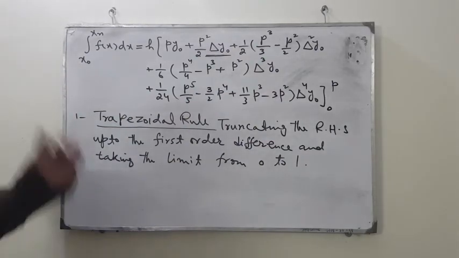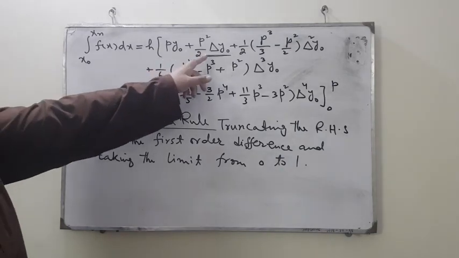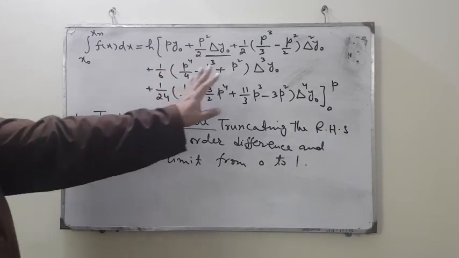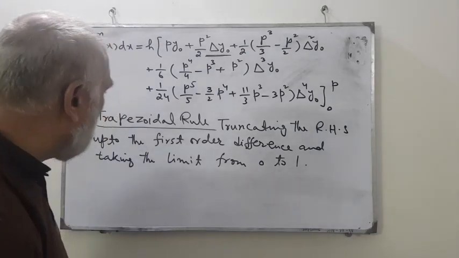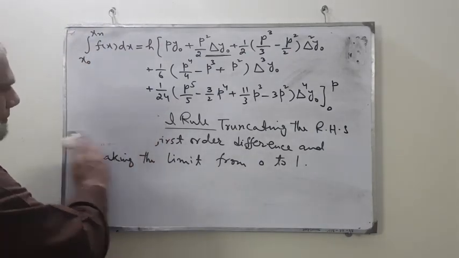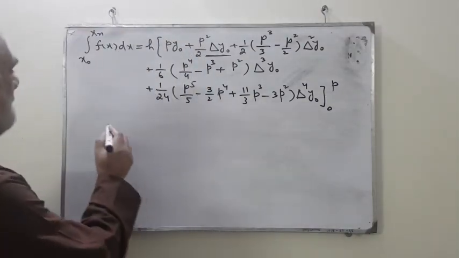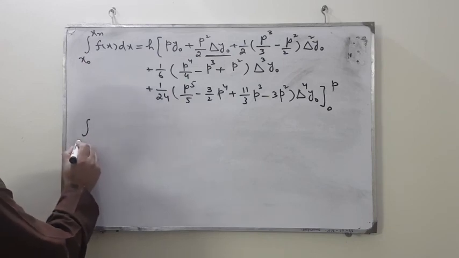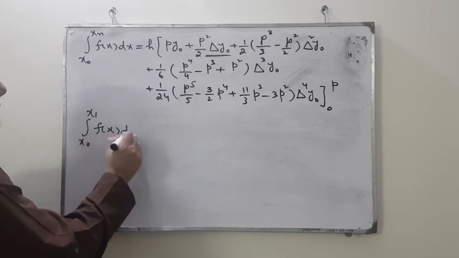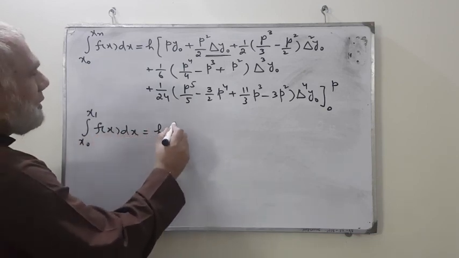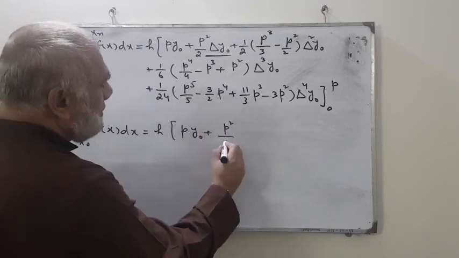Whenever we put this restriction, you will see there will be only the first two terms on the right side, and the remaining can be dropped, and the limits will vary from 0 to 1. So let me write down the result after the change: the integral from x0 to x1 of f(x) dx takes the form h times p y0 plus p square by 2